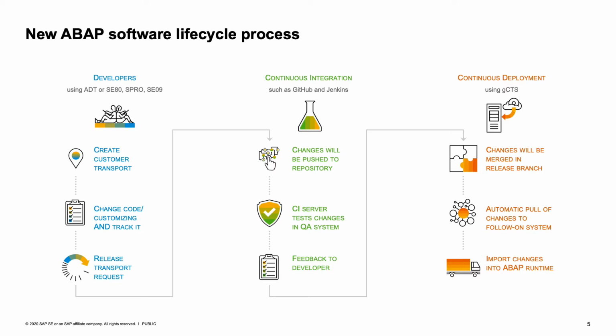For sure, this is not a must. You can combine this software lifecycle process with the ones that you are executing right now with the classical CTS in one system. So as I said, whether you use GCTS or not depends on the transport layer or on the transport target. So you can have different packages with different transport layers, and one of them can make use of GCTS, and the other one uses the classical way of transporting via CTS as you might use it as of today.